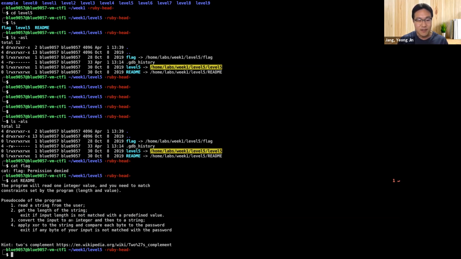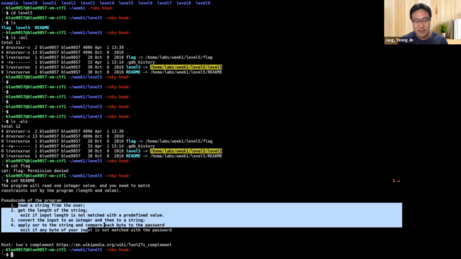Then convert the input to an integer, then to a string, apply XOR, and compare each byte to the password. So our input will be processed in these 4 steps,